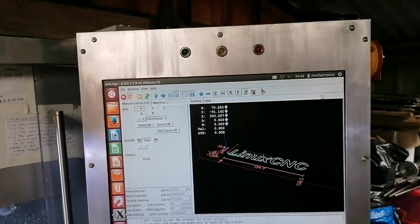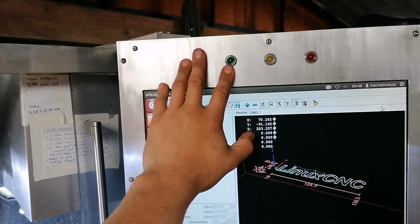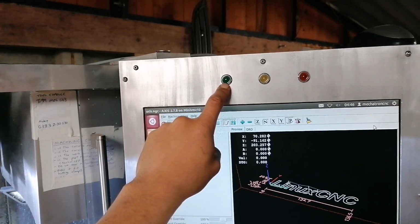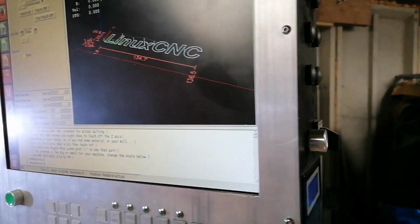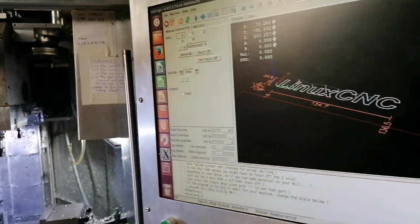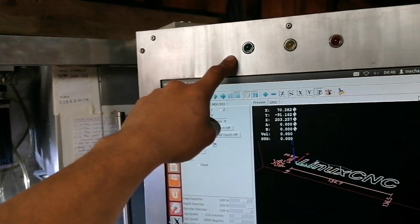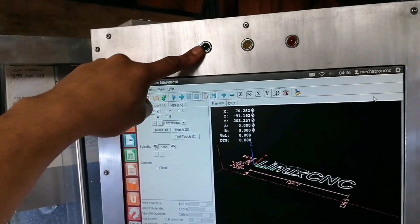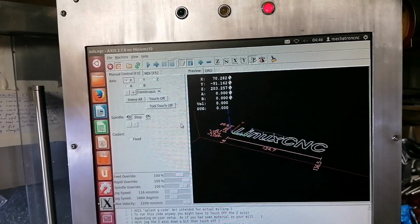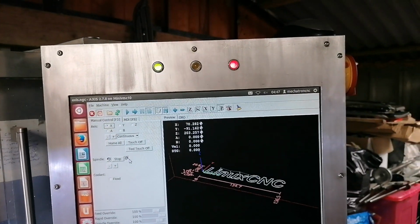So going back to the panel, I machined all this, and the green light, which is obviously the on light, is for the spindle running. I've just taken the signal from the original driver box, which this is also from, these controls. Originally the driver box was on the side of the head over here, so I've just pinched the signal from that, and that shows me any time the spindle's running. So if I turn the spindle on, you can see the green light is now running,